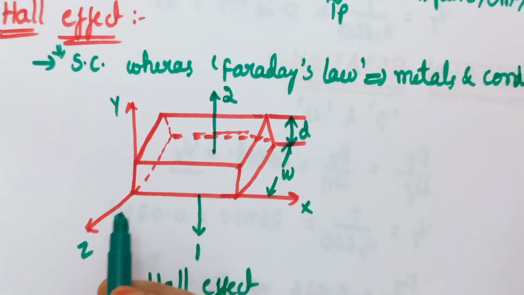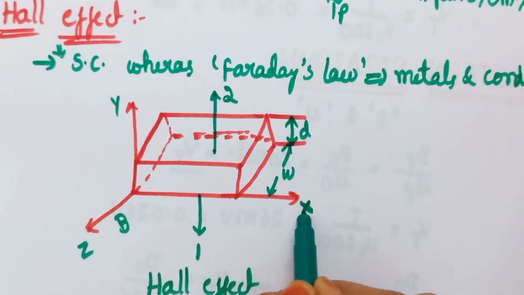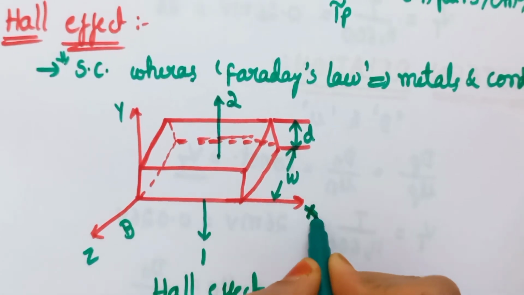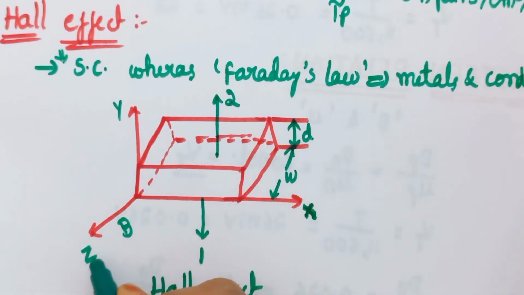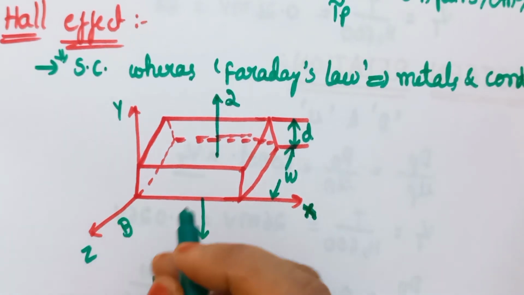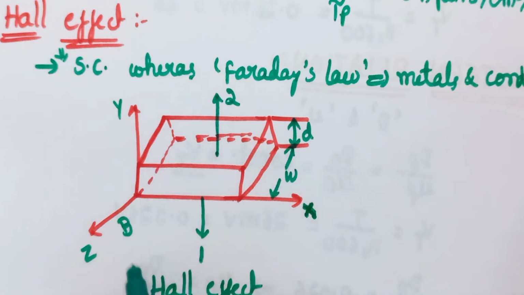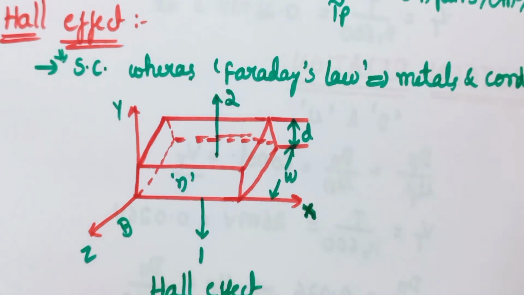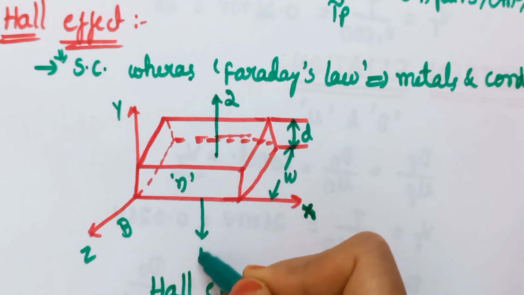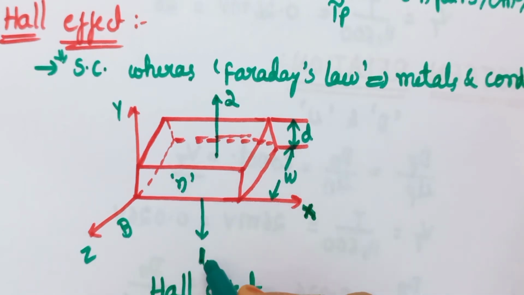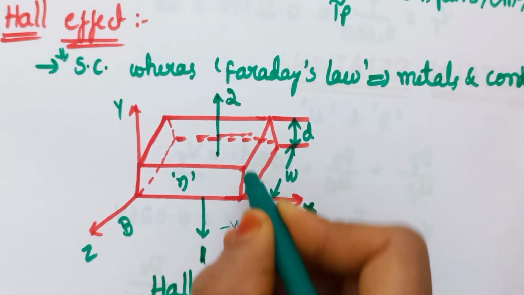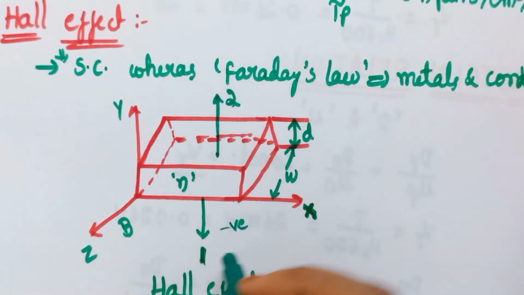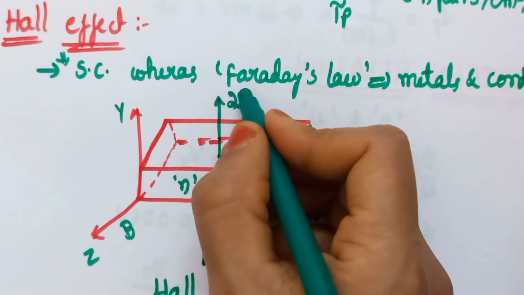In this, the current I is in the direction of positive x, that is, here the current direction is along the positive x direction, and B is in the positive z direction. So a force will be exerted in the negative y direction if the semiconductor is of n type, suppose. So that current is carried by electrons. These electrons will be forced downwards towards side 1. So side 1 becomes negatively charged with respect to this side. So according to this, side 1 will become negative when compared to side 2.